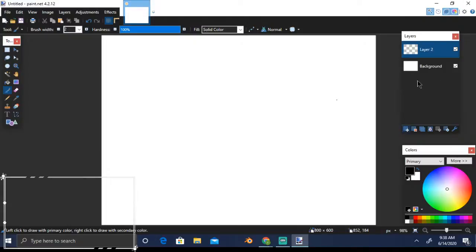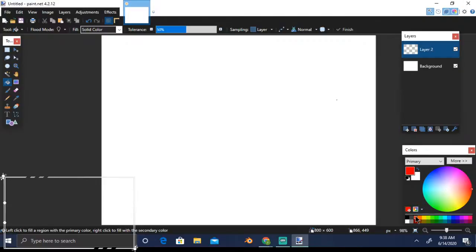Okay, so just click on this new layer and you will see this layer come up, and the gray and white boxes here show that it's a transparent layer, right? So let's say we want to color this layer, so we'll come here and select the paint bucket. Which color you want, you can select from here.